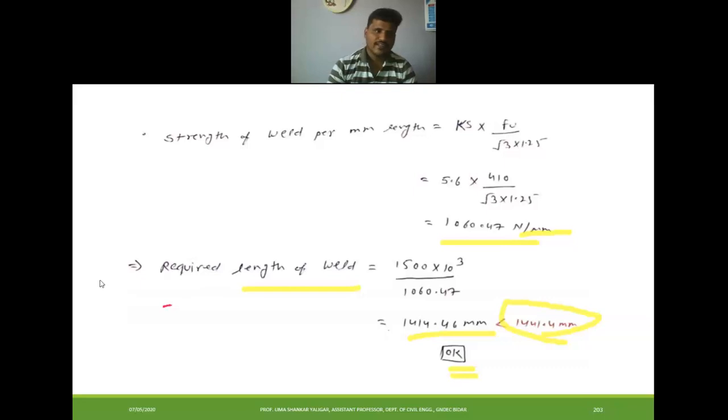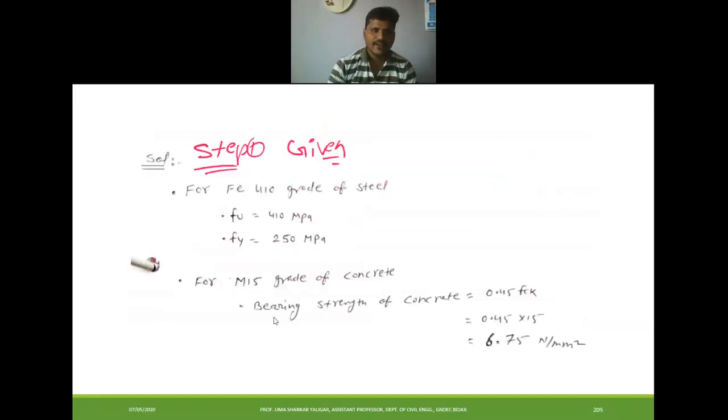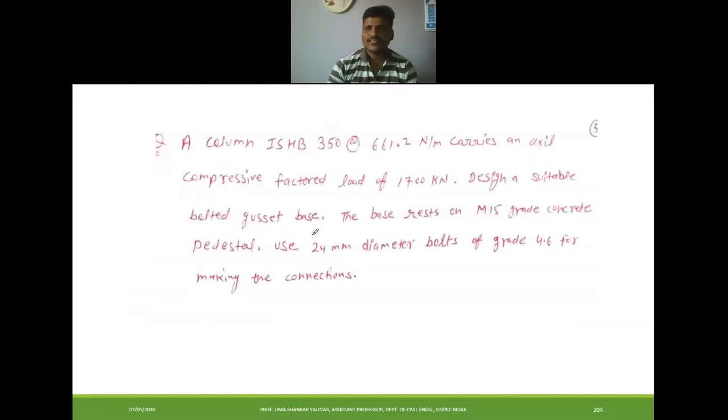In this way you can design the welded connection, or if you don't want a welded connection, you can design a bolted connection. It's left to you. Probably in the question they will not mention whether you have to design bolted or welded only. If you want welded, you design the weld like this. You check the weld, calculate the effective length of the weld and check whether it is safe or unsafe. Otherwise you can do the bolted connection: calculate shear strength of the bolt, bearing strength of the bolt, and calculate the bolt value. Then you calculate the number of bolts, and then show the representation of the bolts. In this way we are designing the slab base.